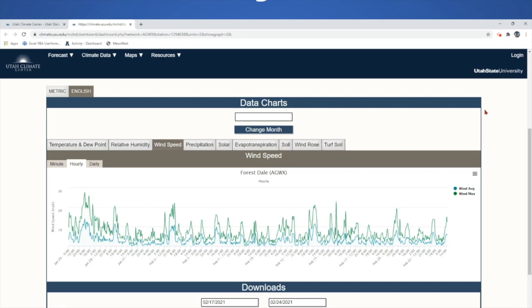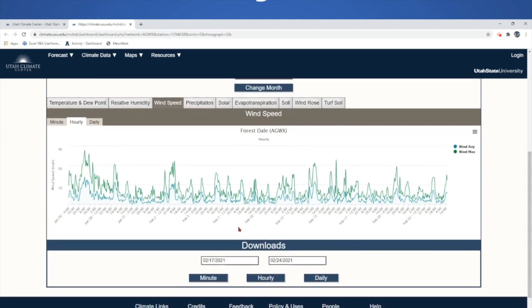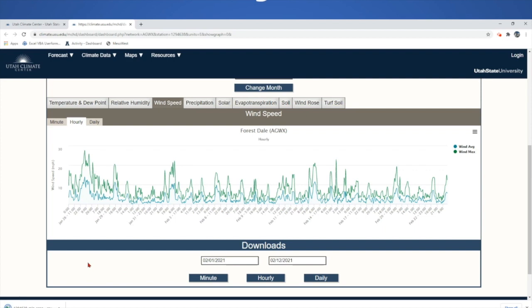And if you need to go further into a complete data set and bring it into a spreadsheet for other calculations, you can download right here. So if you want the first 2 weeks in February, for example, you can choose a start date and an end date, and then select the interval that you would like, either minute, hourly, or daily. So I'm going to go ahead and download the minute data, and this will bring up a CSV file which